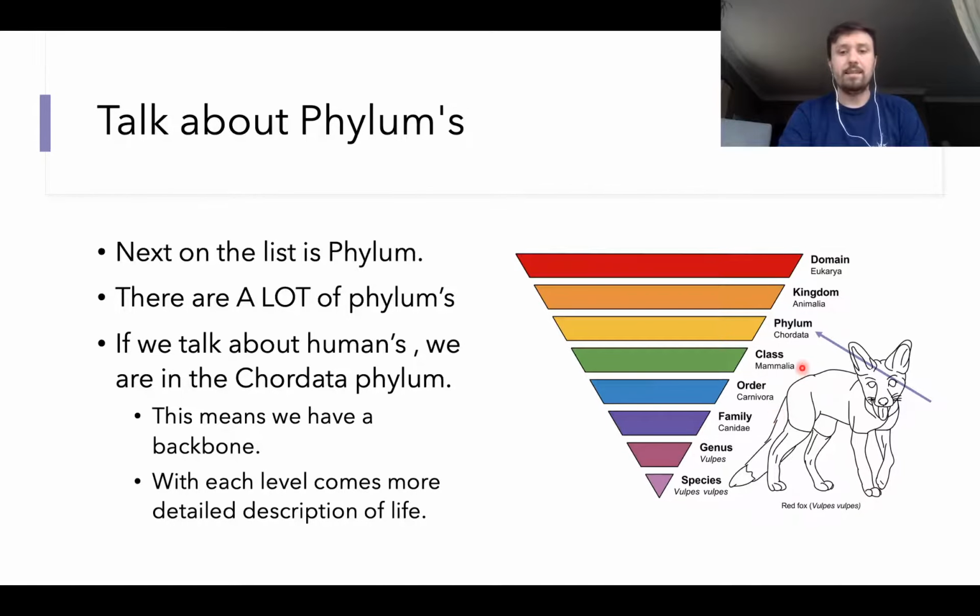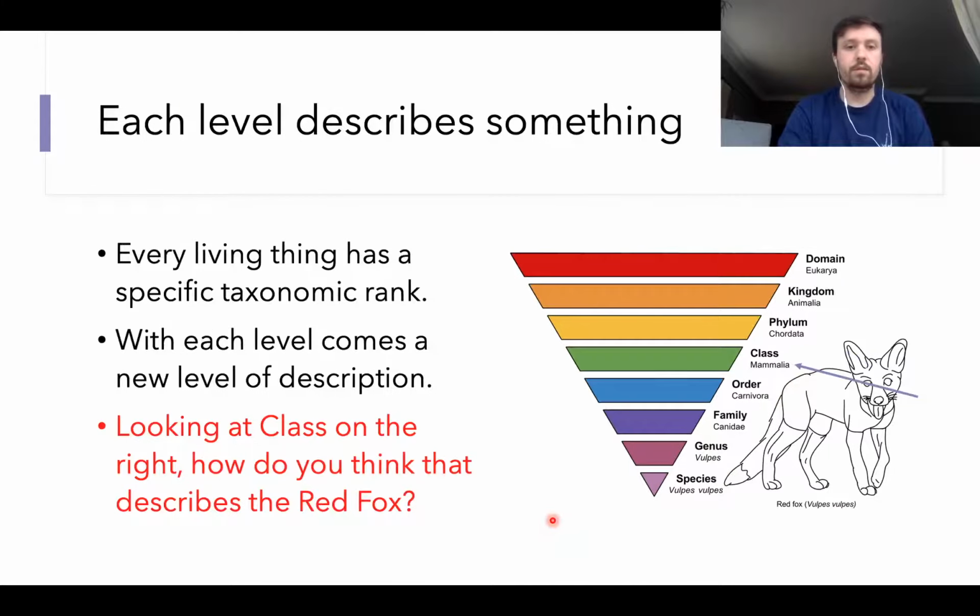If you go to class Mammalia here, we know that it is in the domain Eukarya because it has eukaryotic cells. It's in the kingdom Animalia because it's an animal with eukaryotic cells. We know it's in the phylum Chordata because it has a backbone, and is an animal with eukaryotic cells. And we know it's a mammal because of the way it gives birth and produces milk. So we know that it's a mammal, but we also know that it's a mammal with a backbone that's an animal and has eukaryotic cells. So you get more and more descriptive as you go down, which is what we can talk about on this